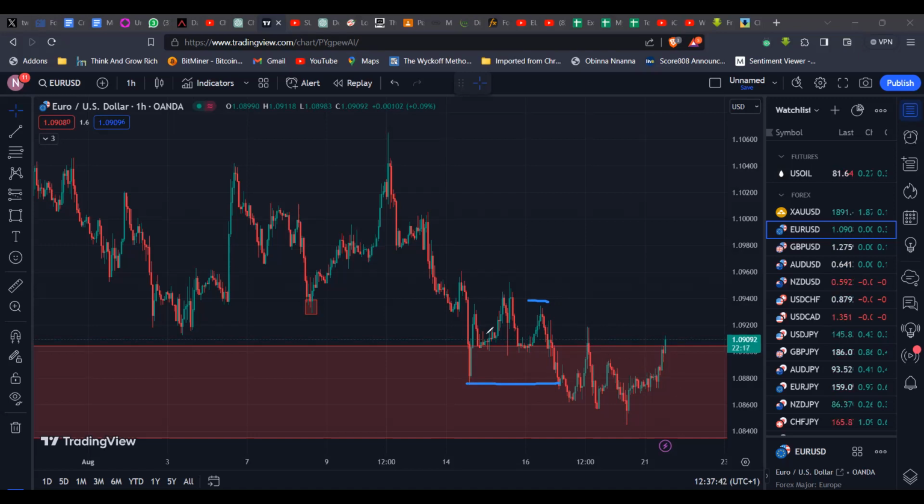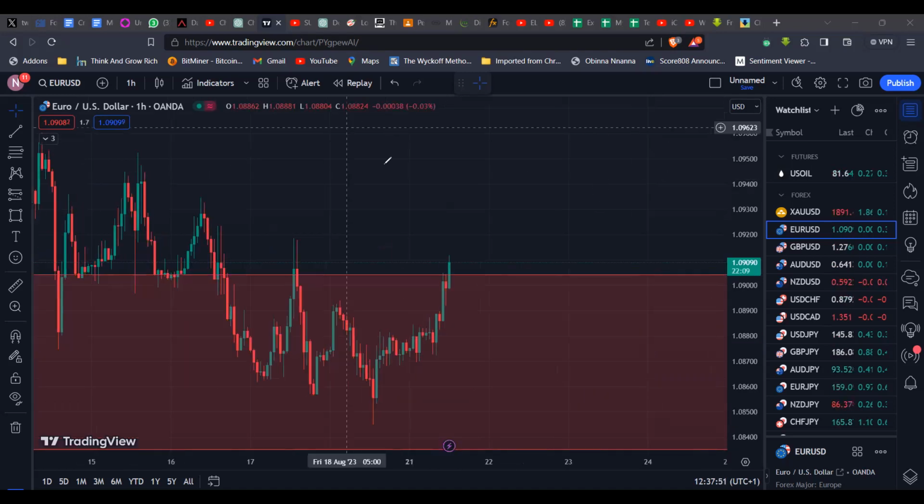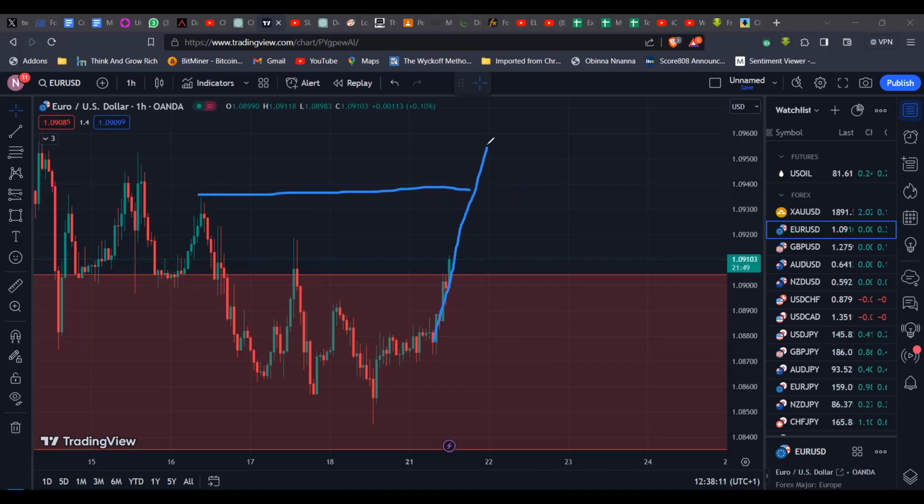So what I would like to see, personally, to be more interested in looking for buys on this is for price to shift bullish again. I would really like to see price take out this high, right? So just to be safe, I'd like to see price take out this high. Now, if price does something like this, where it takes out this high, at least closes above it, like so, then if price, let's say, pulls back down, I'll then begin to look for a buying opportunity to take this up.